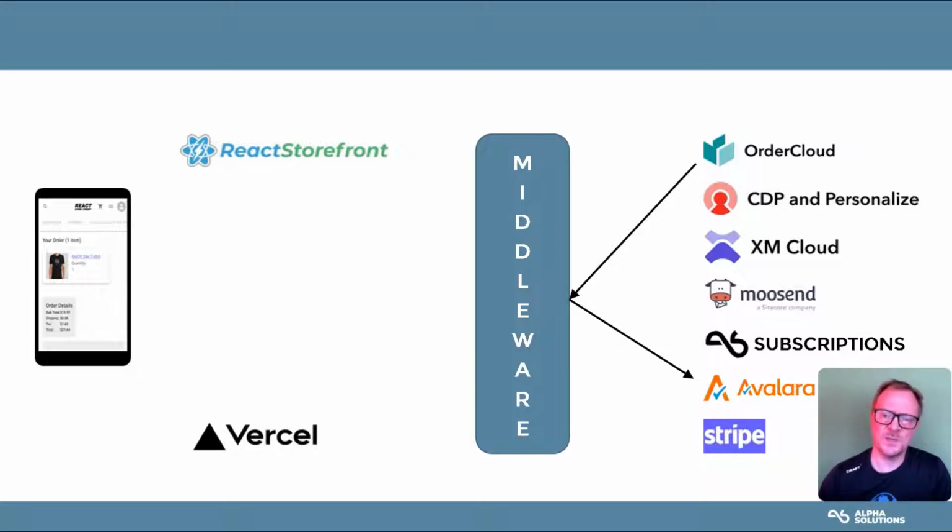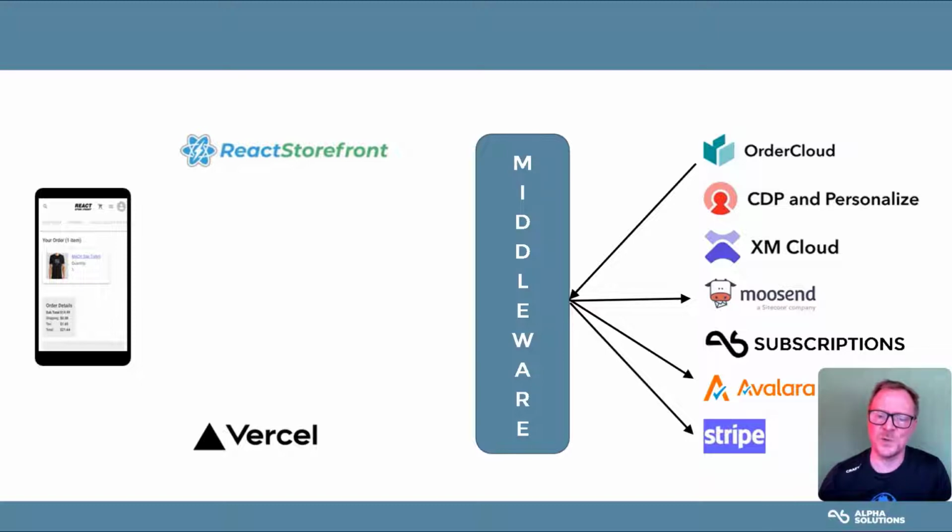So the order gets submitted, and it calls back to our middleware component. This one is custom. At least you need some kind of orchestration. There's also no-code orchestration, but we chose to make a lightweight middleware component here. OrderCloud calls back, we call Avalara and get tax calculated, we call Stripe to submit the payment, or at least authorize it, and then we send an email with an order confirmation. All this happens independently. Each of these components doesn't really know about the others' existence, only our middleware does. So keep that in mind.